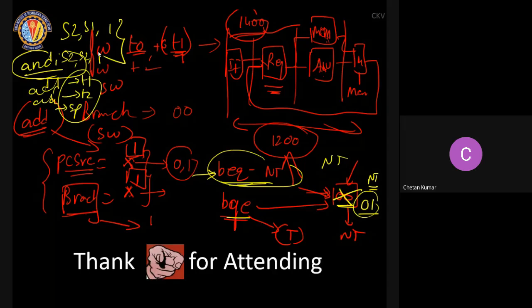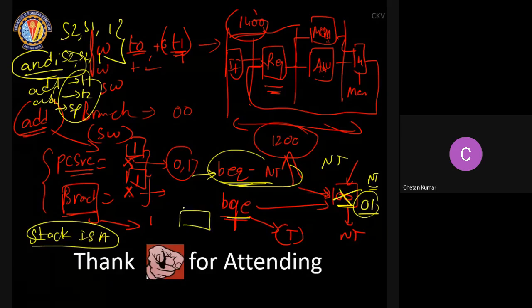And many students started asking questions with respect to stack-based ISA. It has already been discussed in class. So stack-based ISA assumes that the operands are there on top of the stack. So if it is X and Y, it will calculate the value and store the result on top of the stack only. So you had to assume that, and based on that, write the program. Anyway, that's all from my side. If you have any doubts with respect to any of the questions,